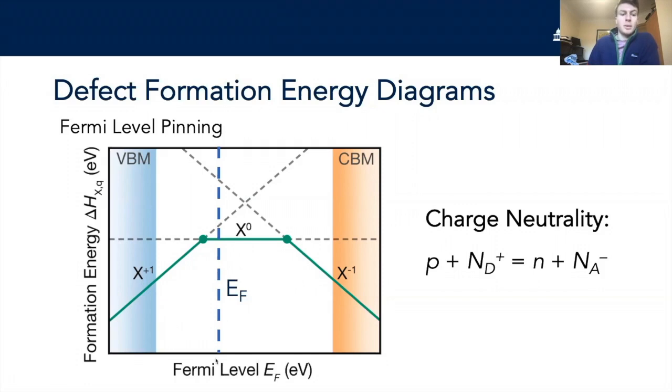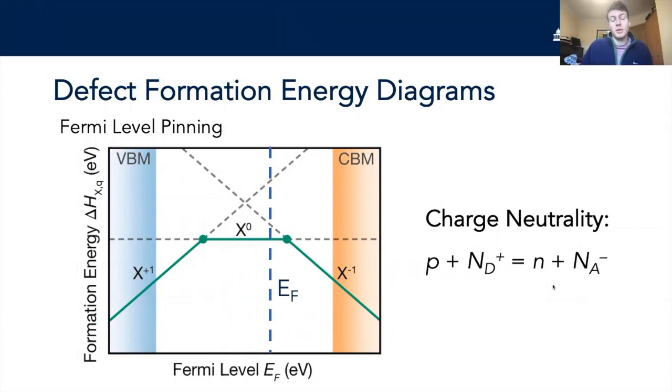On top of that, the Fermi level being slightly closer to the valence band than the conduction band also means that we'll have a slightly higher concentration of thermal holes at the valence band than thermal electrons at the conduction band. And so in this case, our charge neutrality condition wouldn't be maintained if this was the sole defect in our system, as both of these terms are now larger than the terms on this side. Likewise, if our Fermi level was up here, we'd end up with more negatively charged defects, again its formation energy being lower at this point, and also more thermal electrons because we're now closer to the conduction band minimum. So the result is what we call a self-consistent Fermi level,